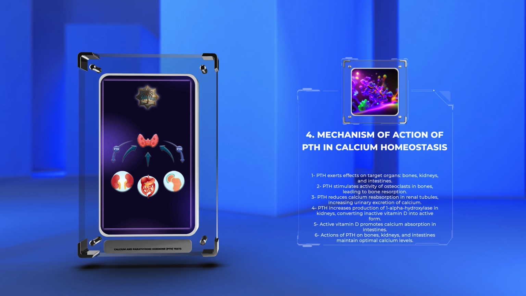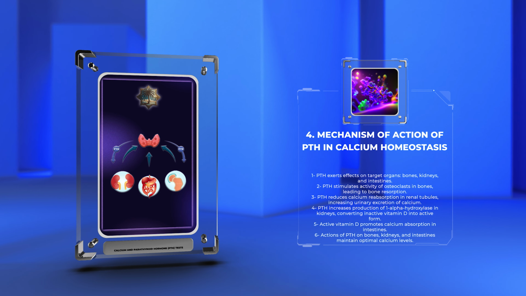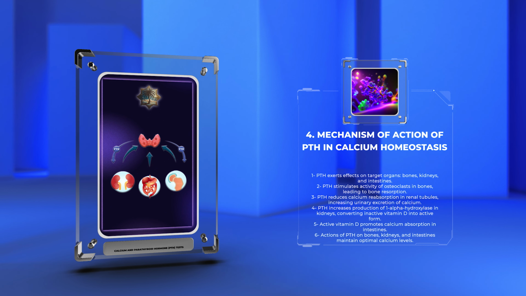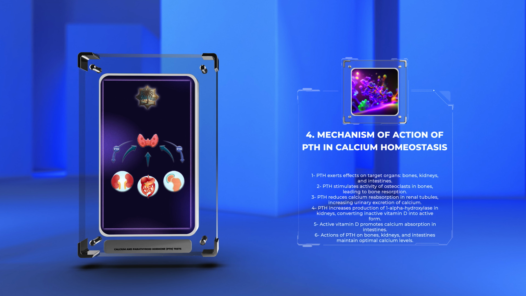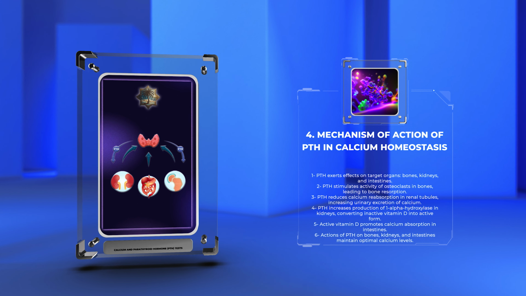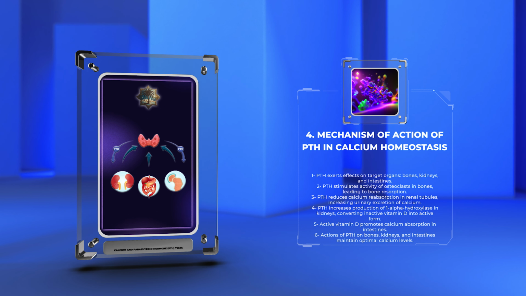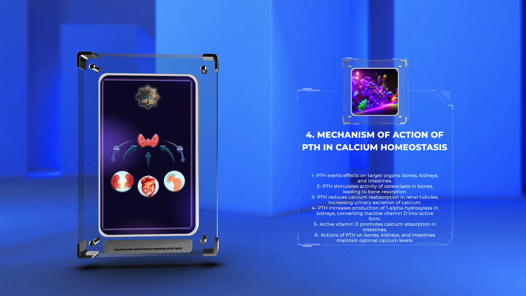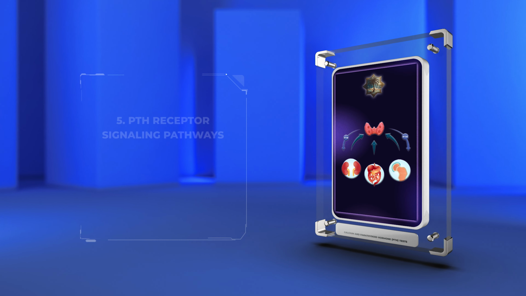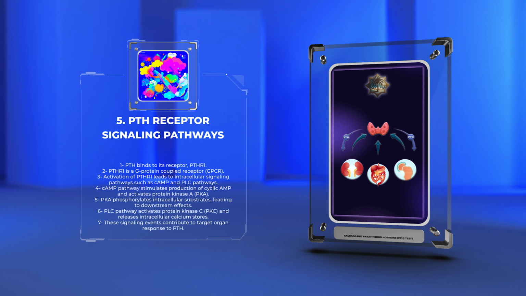PTH also acts on the kidneys to increase the production of an enzyme called 1-alpha hydroxylase, which converts inactive vitamin D into its active form. Active vitamin D further promotes calcium absorption in the intestines, thereby increasing calcium levels. Overall, the actions of PTH on the bones, kidneys, and intestines work harmoniously to maintain optimal calcium levels in the body. Upon binding to its receptor, PTH initiates a cascade of cellular signaling events that culminate in the desired physiological